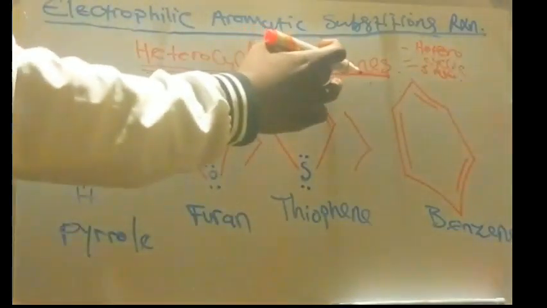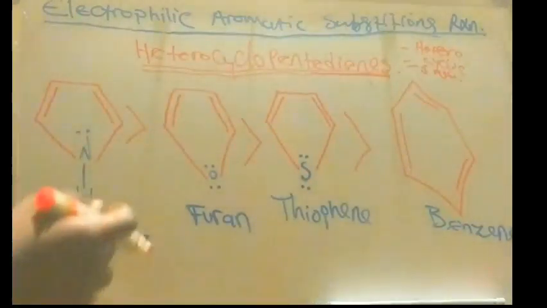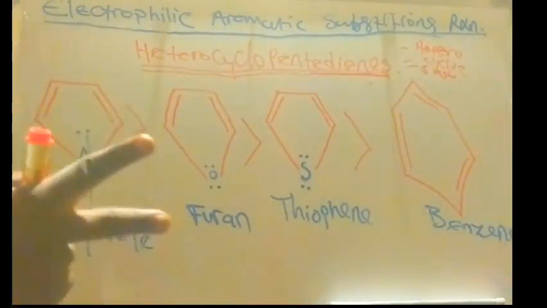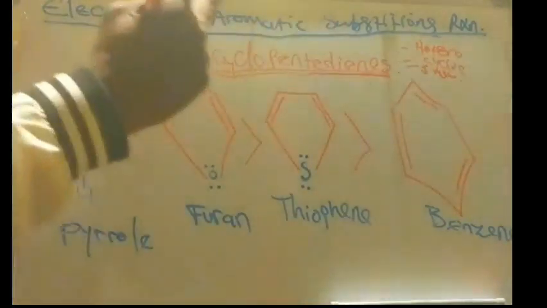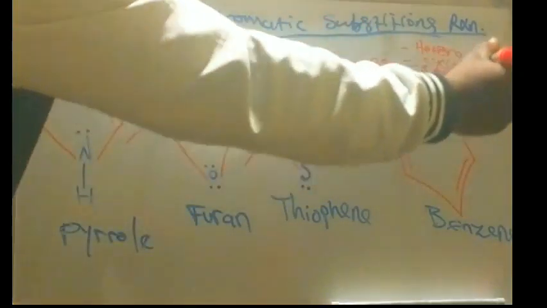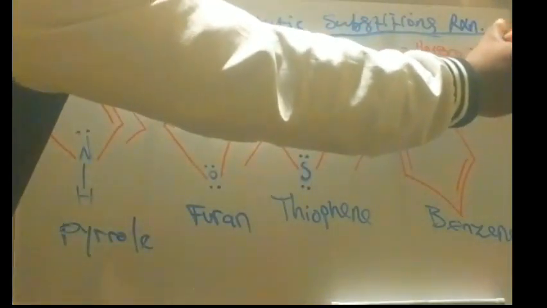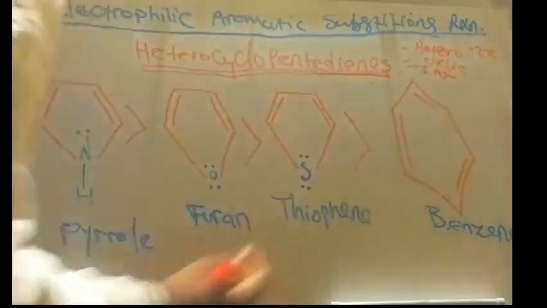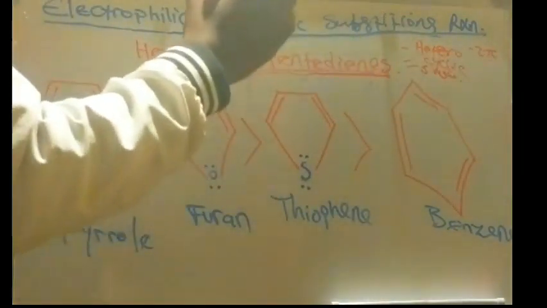And dienes means it has 2, of course, 2 double bonds. So the di means 2, and then the ene is symbolizing the 2 double bonds. So this is the meaning of these